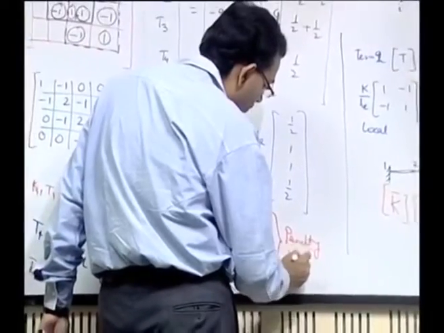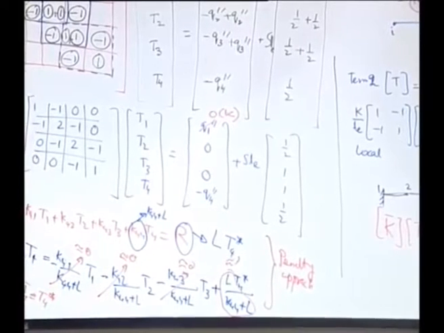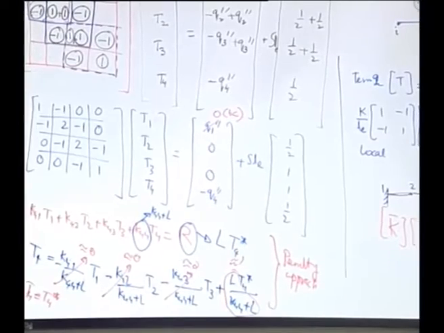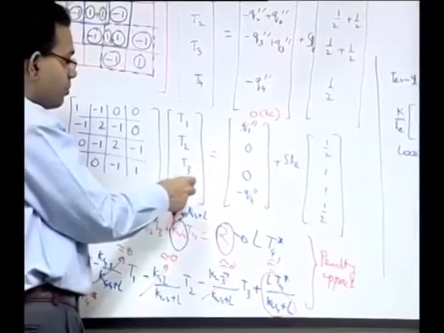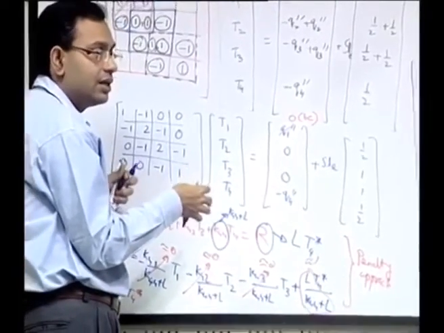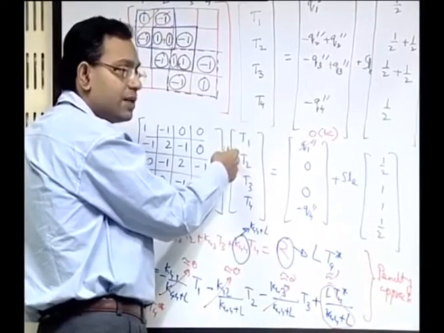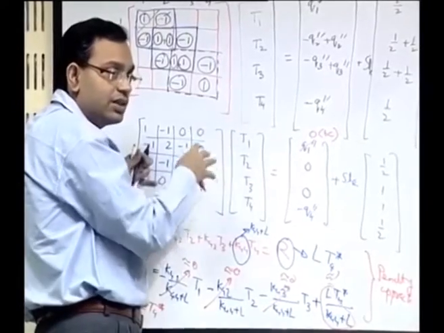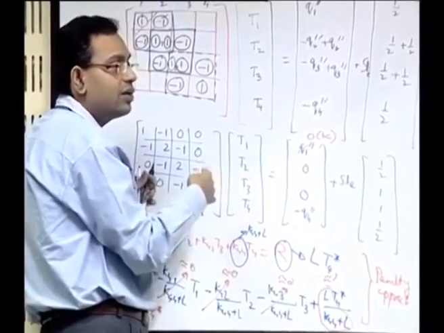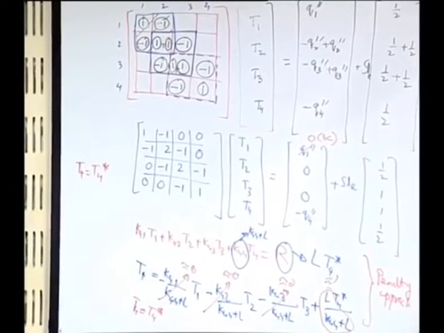That is, wherever a value is given, if you still want to solve it from the system of algebraic equations, what is the approach that you could follow? Of course, if you are doing it manually, you can get rid of the problem by not solving that equation itself. But if you are doing it through a computer program, maybe some other point temperature is also specified. So, you would need to jumble up the system of equations and manipulate it manually, which you can avoid by structuring it in a way that you can apply it no matter at which point the temperature is specified and at which point it is not.